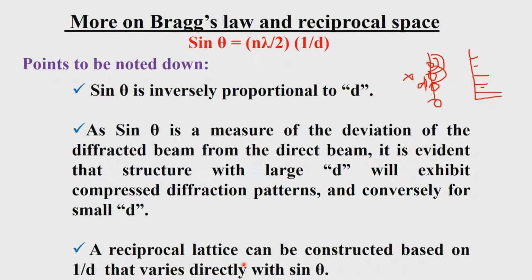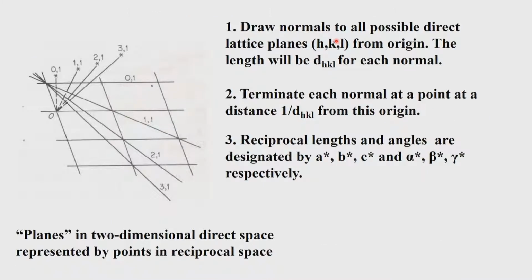So, we therefore talk about the construction of a reciprocal lattice. It is based on 1 over d. We are talking about the d spacing here, that is the spacing on the screen. 1 over d is the spacing which corresponds to the reciprocal lattice. So, when we get the reciprocal lattice image, we know that it is proportional to 1 over d. That is why the equation here is written in terms of 1 over d. Right. So, let us see in a little detail how these